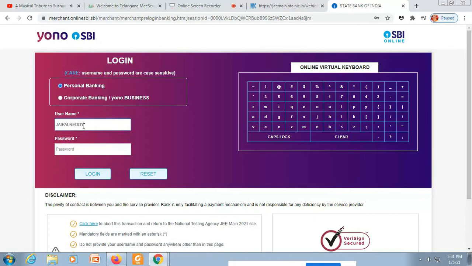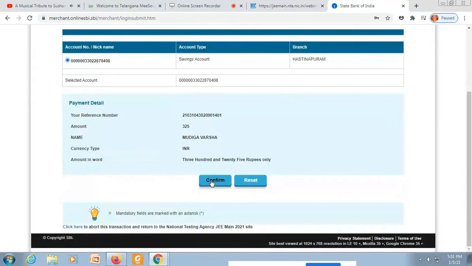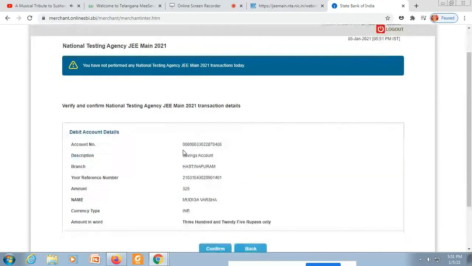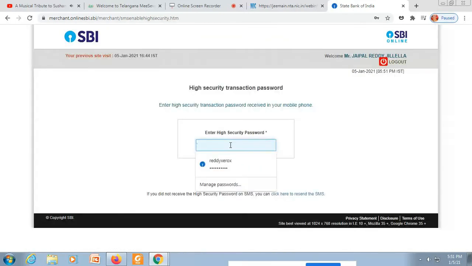There are multiple modes of payments. Please choose any of the payment modes. I'm using my personal details here. Login. Almost pretty much everything is completed now. This is the simplest procedure. Don't worry guys. Be cool and apply properly. Make sure you have a proper internet connection. So confirm the account details. I'm confirming the security code. So I'll enter the security code. So this is the final step.